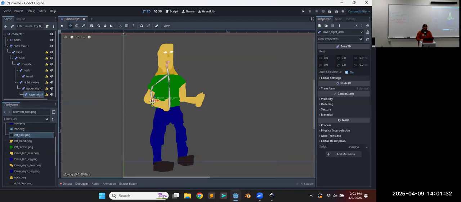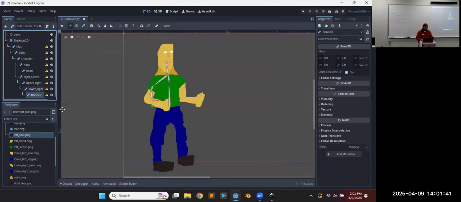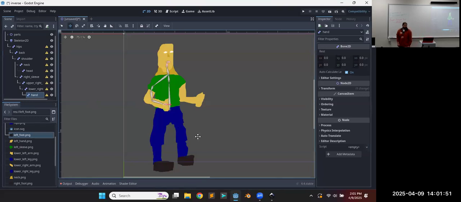And just drag that to about where that arm needs to pivot from. One more there, the hand. I'll put it right there, right about where the wrist is actually. So wrist would have been a more accurate term for that than hand, but